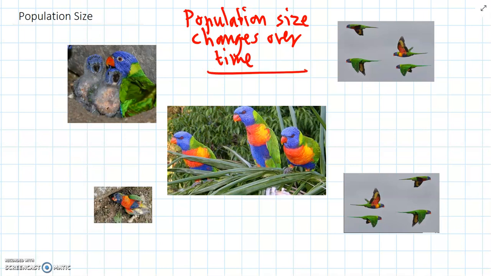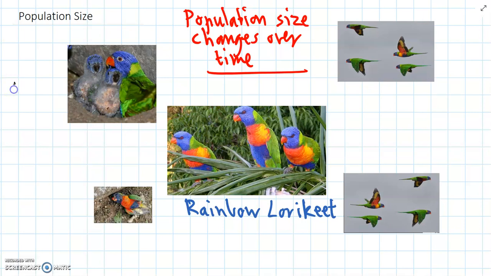So let's look at a population of rainbow lorikeets. You've probably seen or at least heard rainbow lorikeets around Melbourne. They're really noisy parrots and they like to eat seeds and nuts in trees. And they're really colourful. So if we look at the population of rainbow lorikeets,